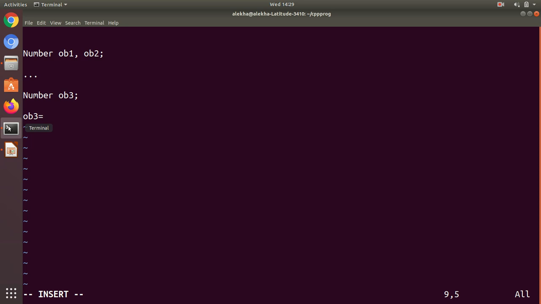ob3 equal to ob1. Since we know that object 3 is definitely going to hold the values of ob1 when it is created, we should be able to assign these values immediately after the creation of the object ob3. Did you get my point? We know that we're going to copy the values of ob1 to ob3, so why not do this exactly at the moment of creating the object? That is achieved by the copy constructor.